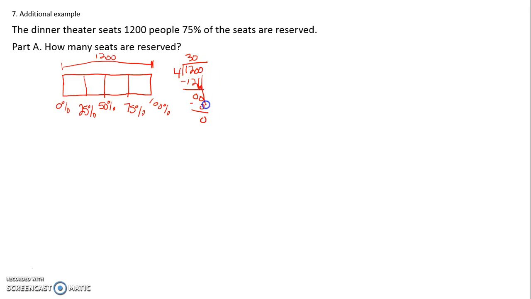Bring down the next 0. How many times is 4 going into 0? 0 times. That means in each